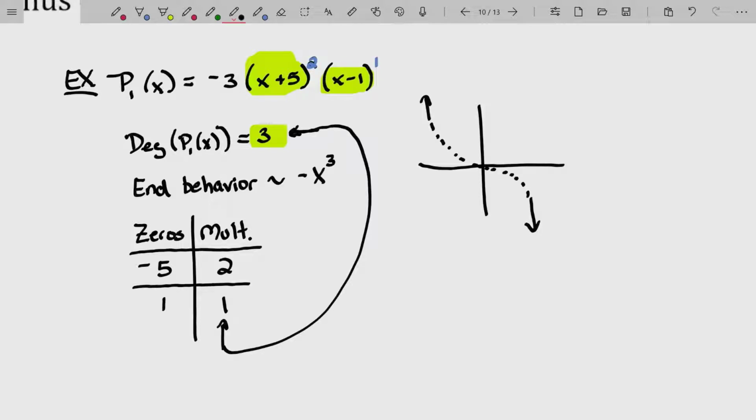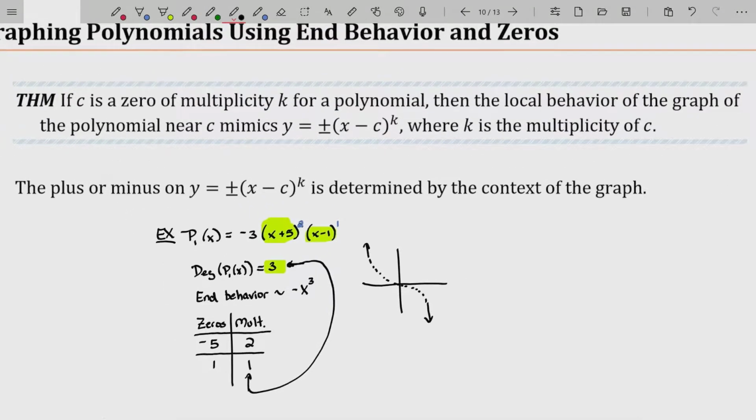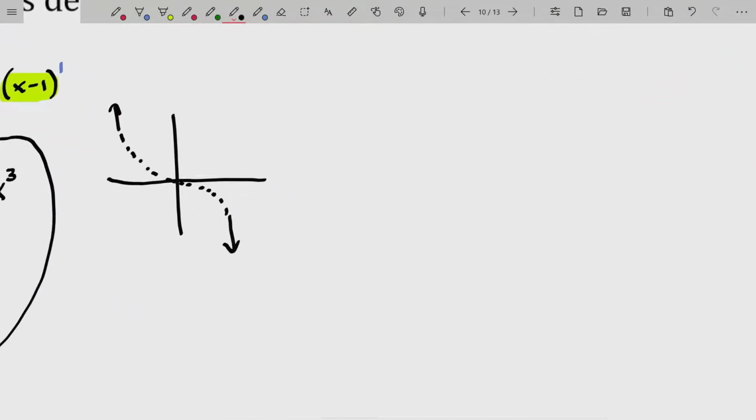So let's go back to this theorem. The theorem says if -5 and 1 are zeros and they are multiplicity 2 and 1 respectively, then the local behavior of the graph near those zeros mimics x to the multiplicity power. It's actually x minus the zero to the multiplicity power, but I'll mention that in more detail as we move forward. So let's go ahead and draw out an x-axis here